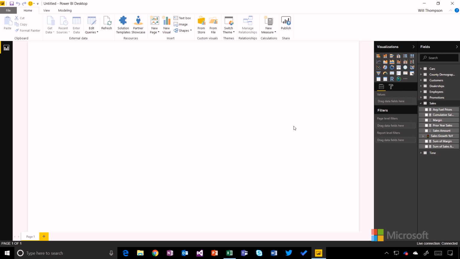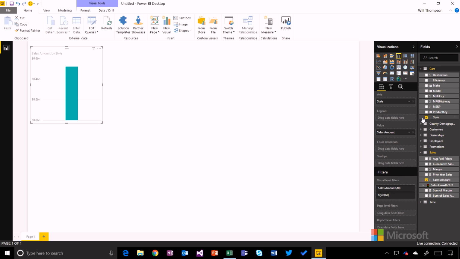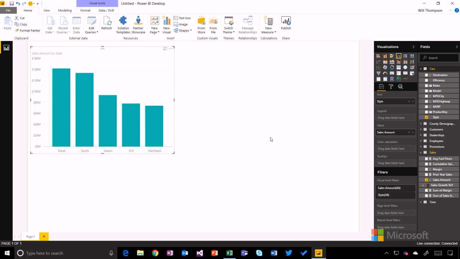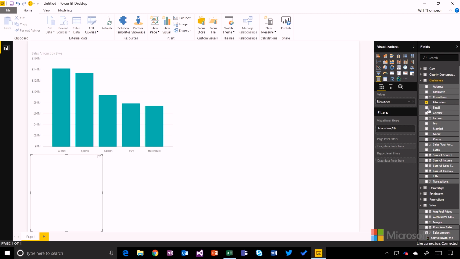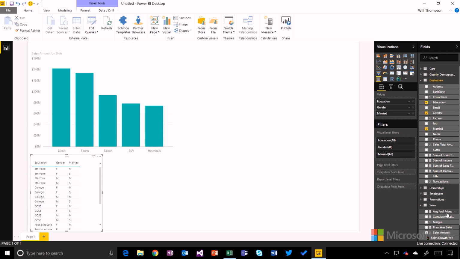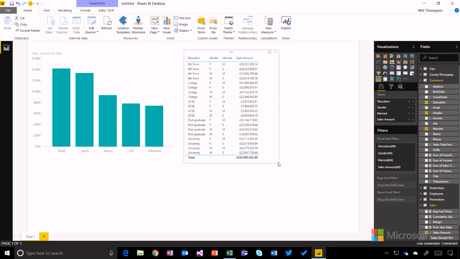And I can build a report just the same as I could do for anything else. Let's take a sales amount by the style of the car. And let's build a little table showing me some customer information. Let's take their education level, gender, whether they're married or not, and again, the sales amount. So I can build visuals just as I could if I'd imported the data,